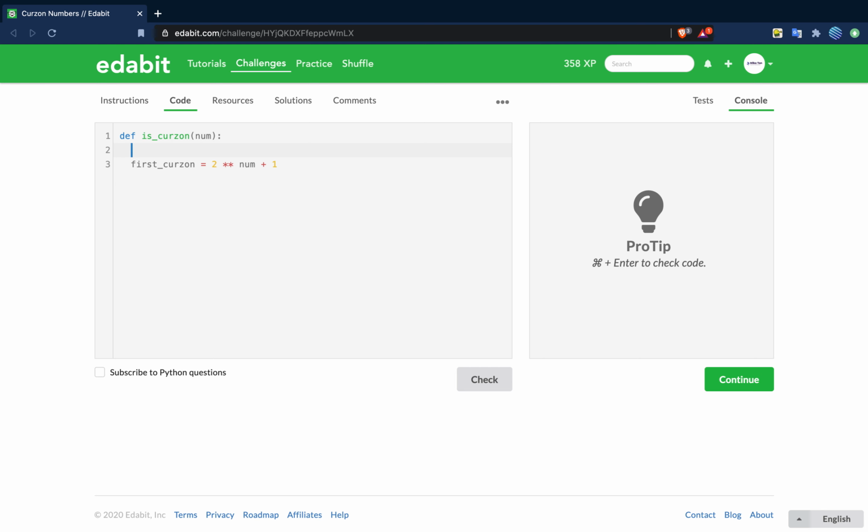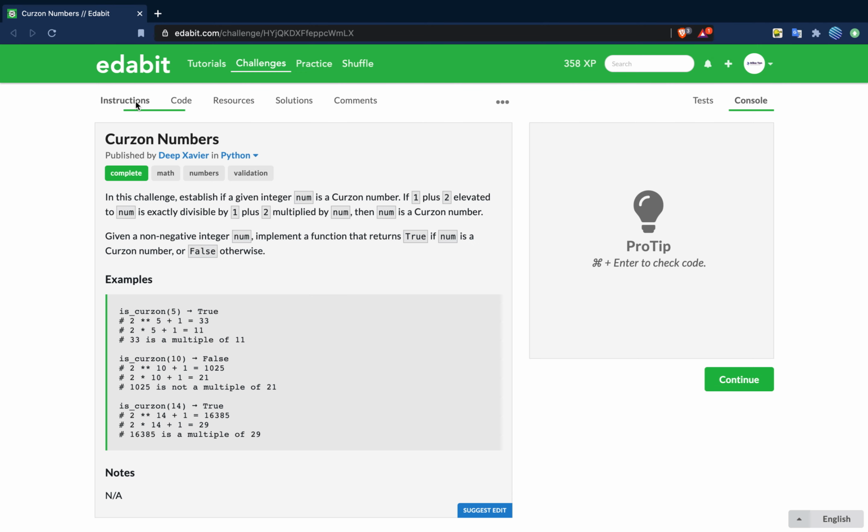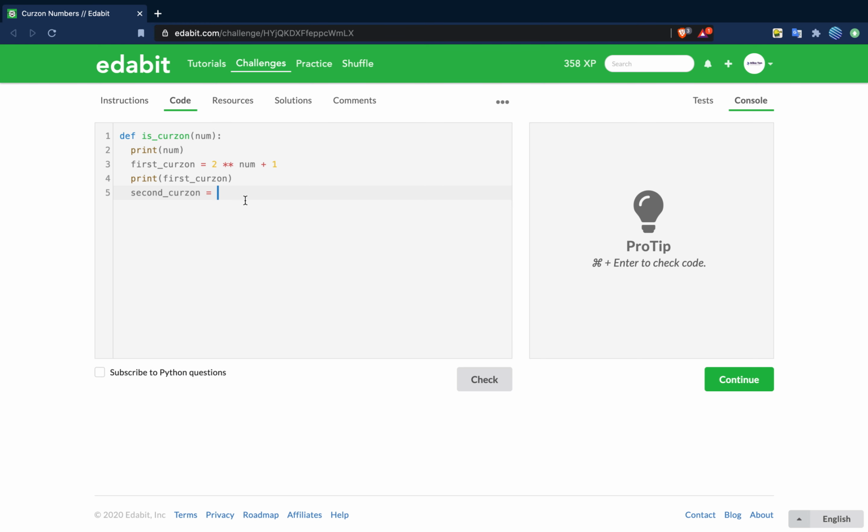And then we're gonna do print num up here, print first Curzon, and then we're gonna do second Curzon equals 2 times num plus 1. And we're gonna use an if statement. If first Curzon